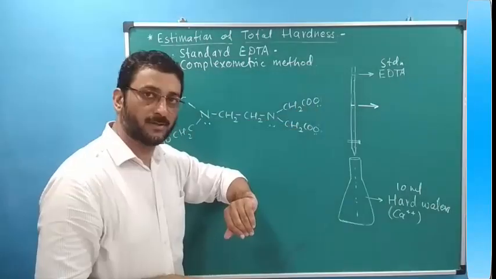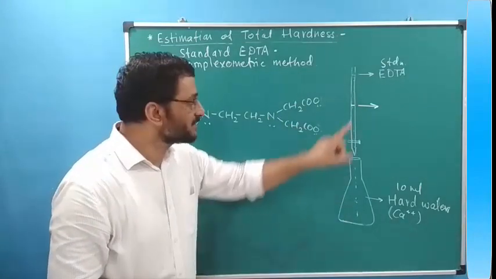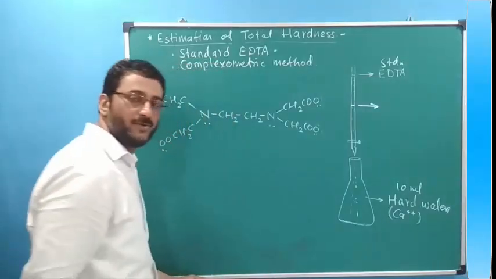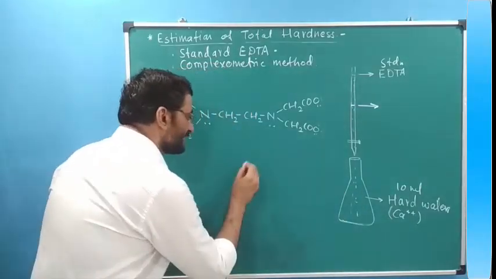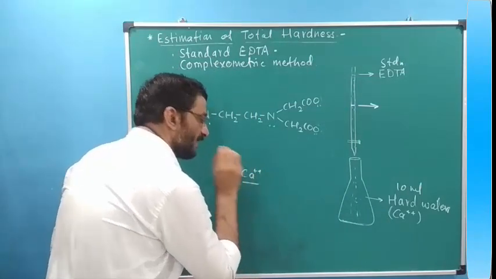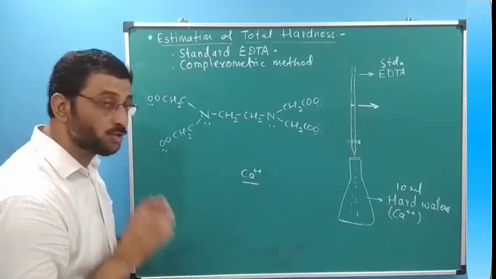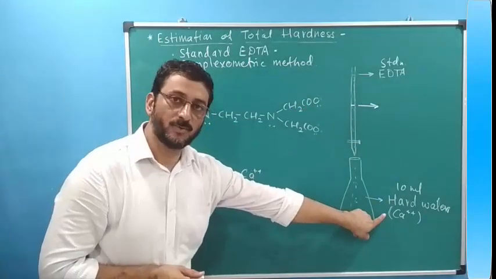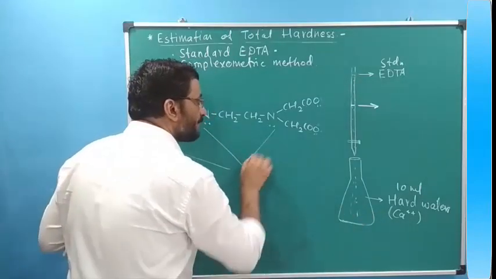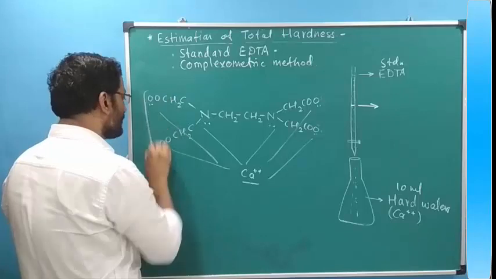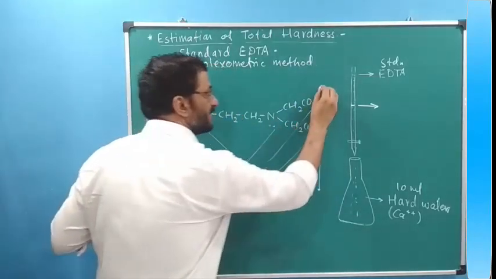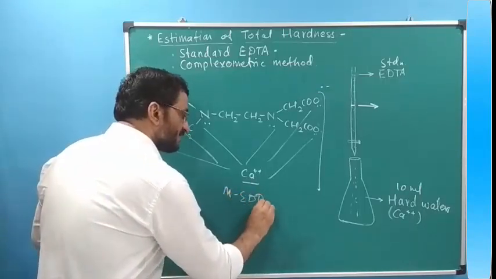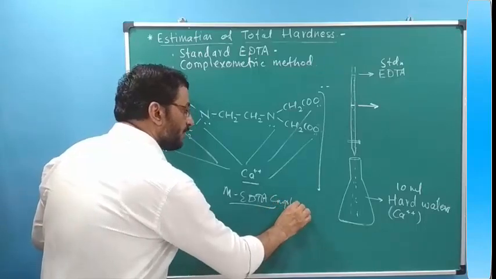This is filled in the burette. So in estimating hardness, we are adding this EDTA from the burette to the flask, slowly, carefully, dropwise. What is in the flask? X number of hardness causing soluble ions are there. Whenever there is contact of this EDTA with these soluble ions, this EDTA donates the pair of electrons like this, and it forms a complex. It has a charge of 2 negative. This is called the metal EDTA complex. Such a complex is formed.